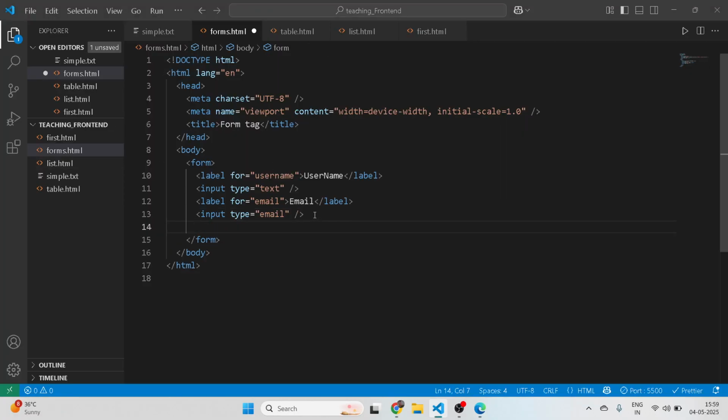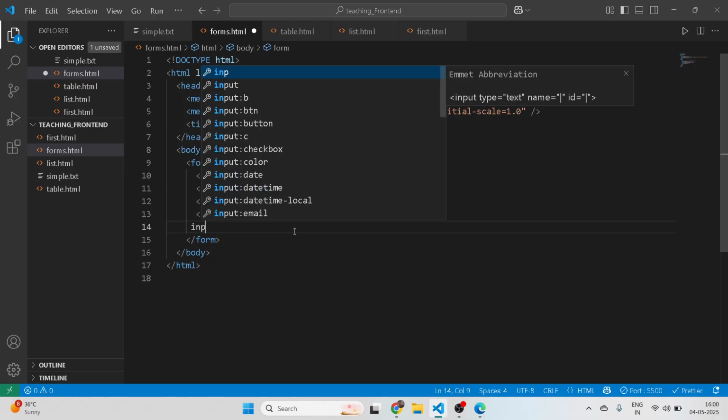Now there are different types of input types, and I will explain them one by one. The email tag takes the email address of a user. If you miss the at the rate symbol in the email, it will give an error. Then another input type is